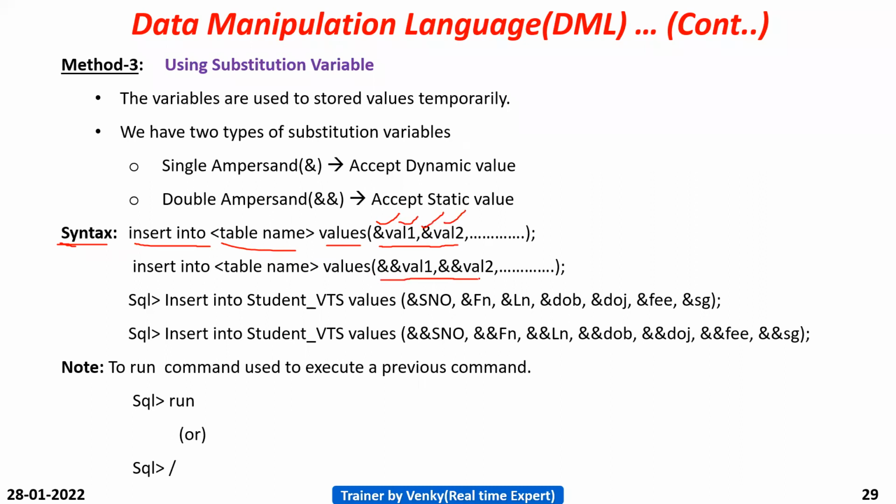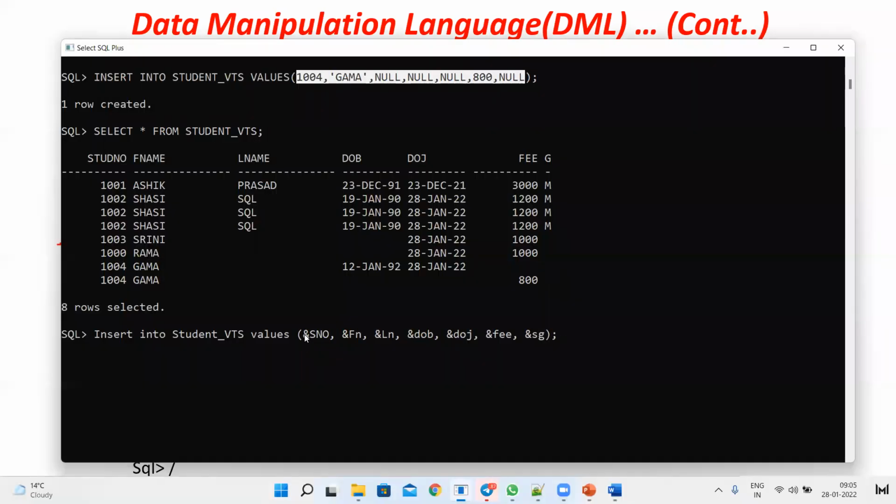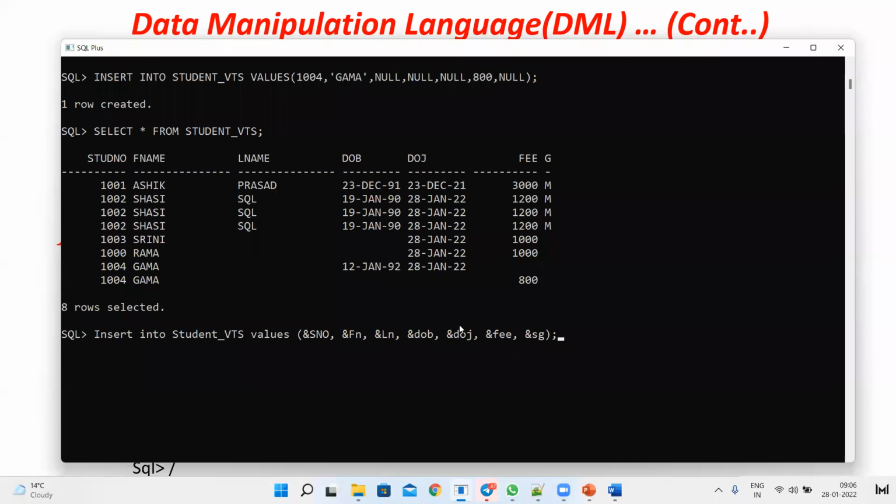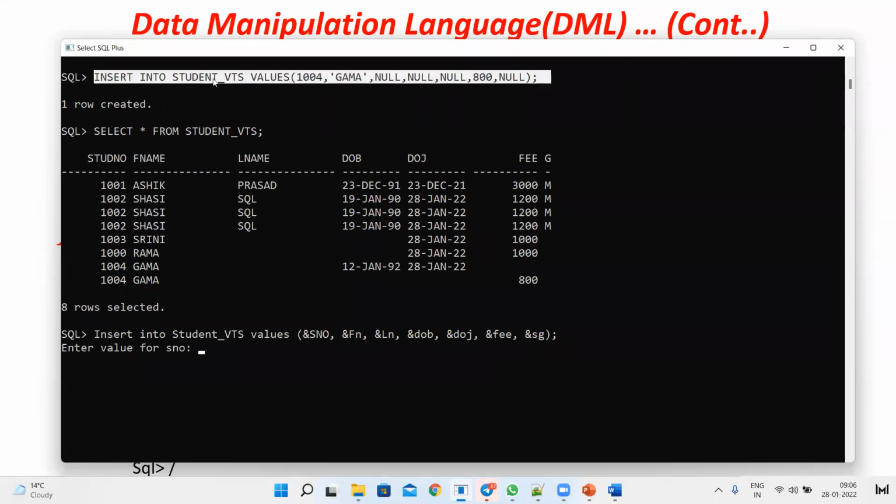Same with double ampersand, and value 1, value 2. The same way I am giving just like this. We can declare single ampersand and student number, ampersand FN, student LN, and it will be like this. So now just to give. See, when you insert like this, the values have been